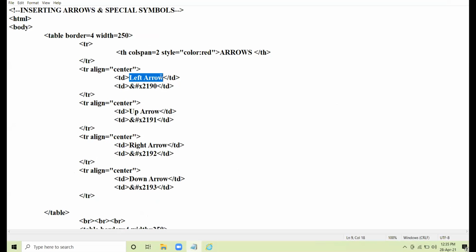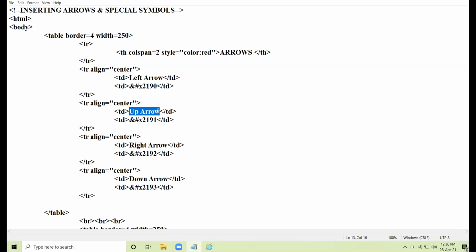Left arrow. What is the HTML code to insert the left arrow? Ampersand hash X 2190. This is the code to insert left arrow.